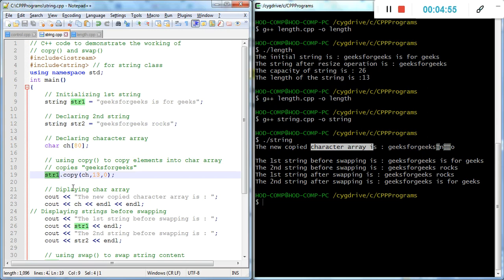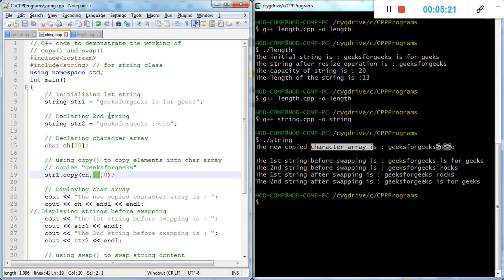We want to copy this string content into the character array. What is the condition to copy it? This shows the position from which we want to copy characters from the string. The 0 means it starts at the 0th position, here.